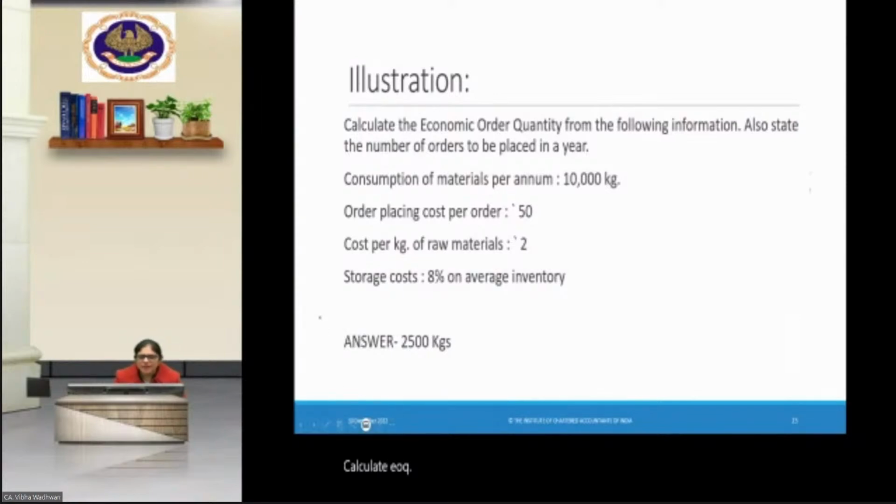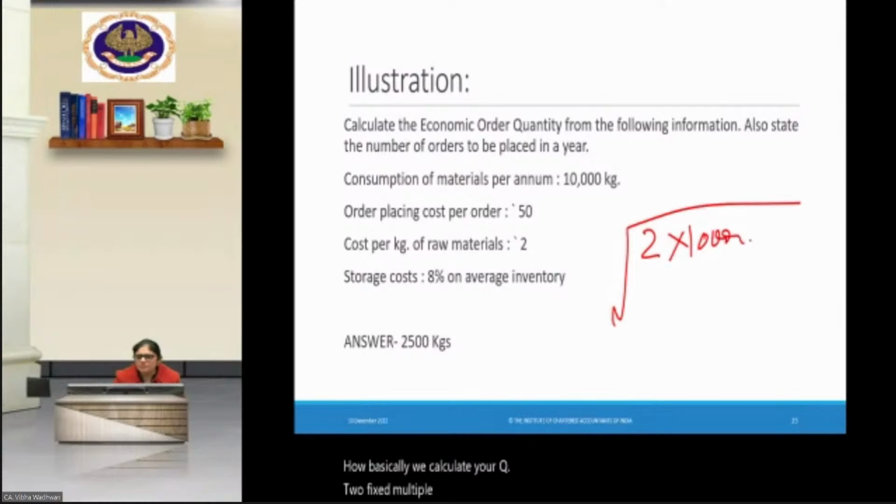How basically do we calculate EOQ? 2 is a fixed multiple, 10,000 is annual consumption. Ordering cost is 50, right? Divided by